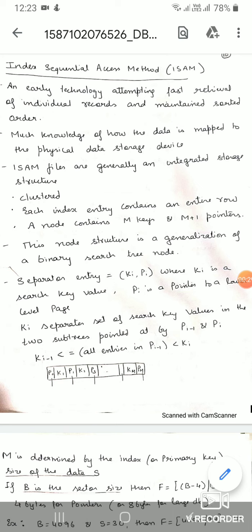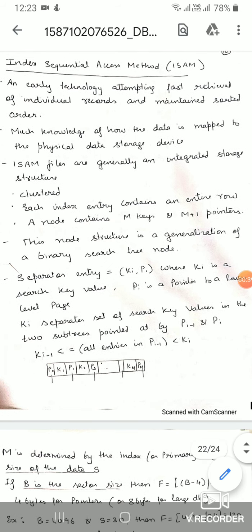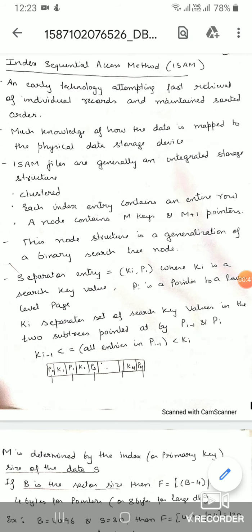It says that we can quickly retrieve a particular record by using this technique, and we are also going to store our information in sorted order. One thing is that you can retrieve your information fast, and the other is that you store the information in sorted order. Fast retrieval and sorted order are what you follow here.